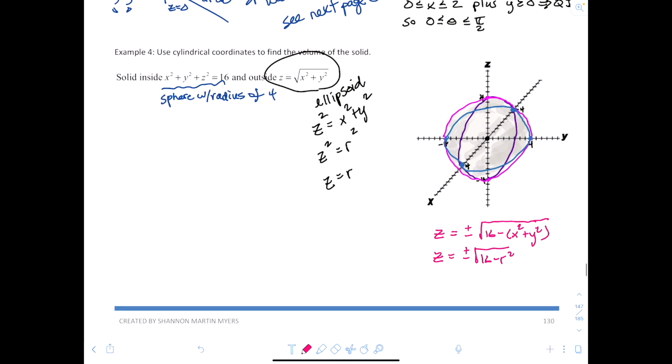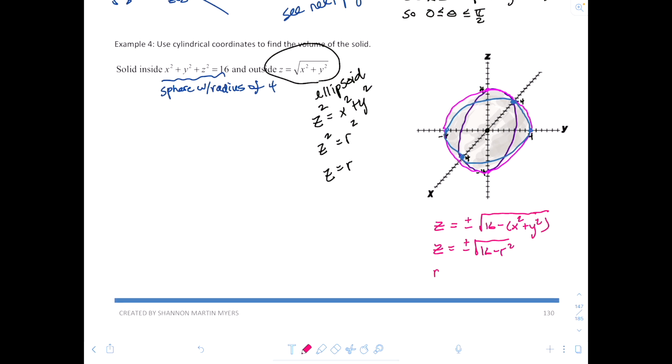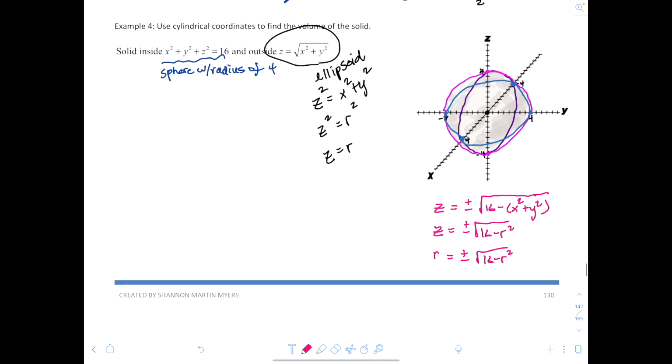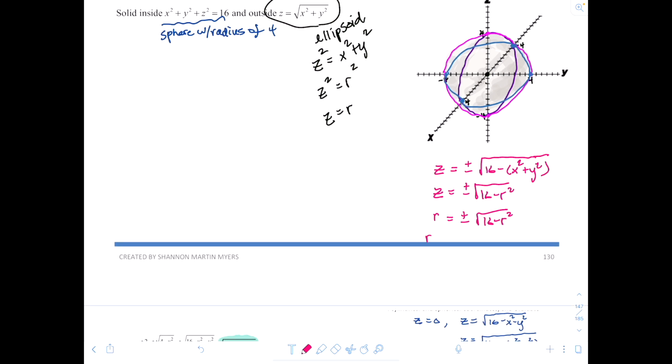But what is z? Z is r, right? From the ellipsoid we were looking at. So r would be plus or minus root 16 minus r squared. Well, if I square both sides, I'll have r squared is 16 minus r squared. 2r squared is 16. R squared is equal to 8. And so r, which is positive, is 2 root 2. So our graph is going to look something along the lines of,